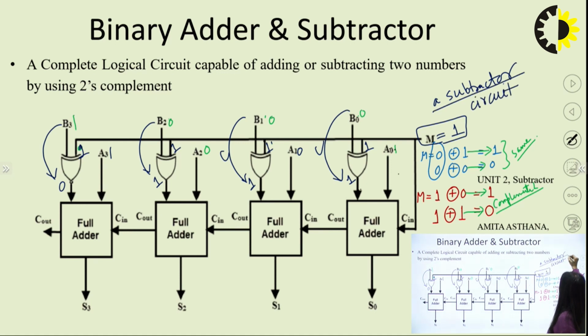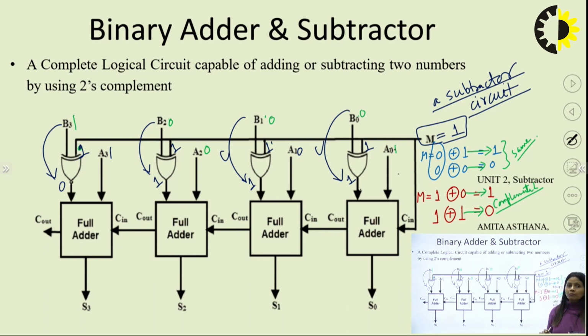As a subtractor circuit. Okay. A complete logical circuit capable of adding as well as capable of subtracting. This is how, by using 4 XOR gates and 4 full adder gates, we can make an adder subtractor circuit